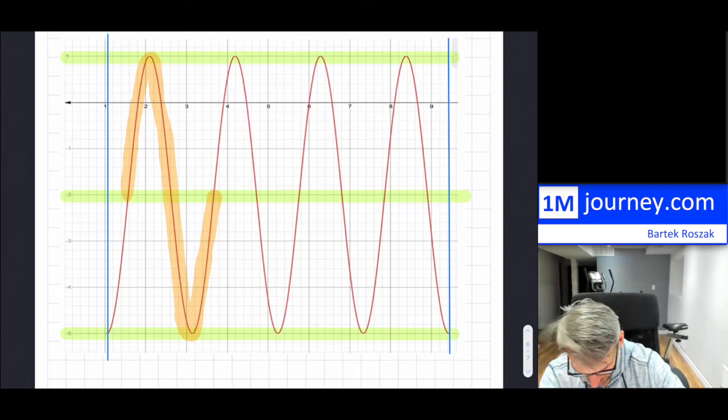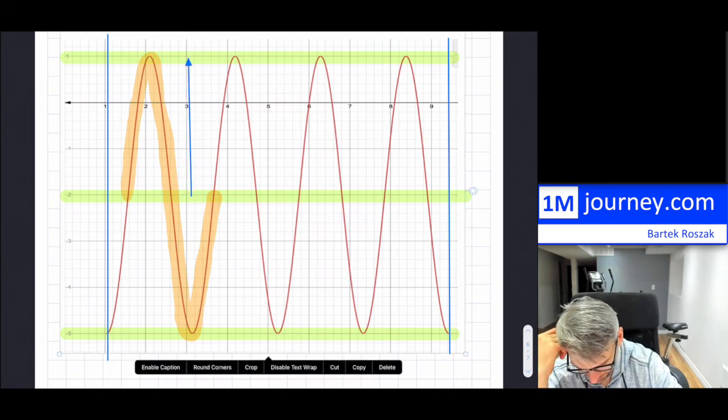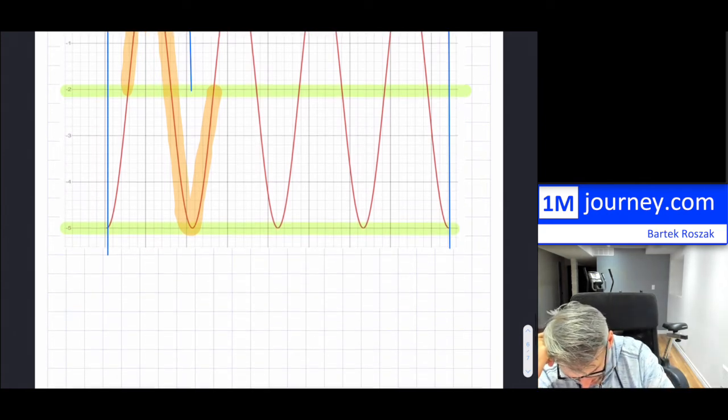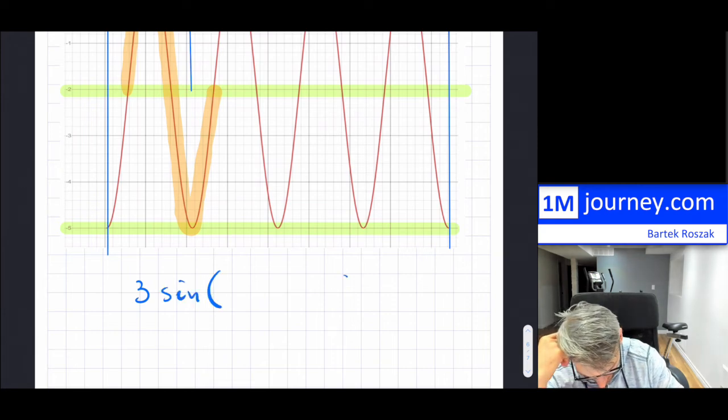So first of all, amplitude. My amplitude right here is 3, right? From negative 2 going up to 1. So my function is going to be 3 sine. Now,